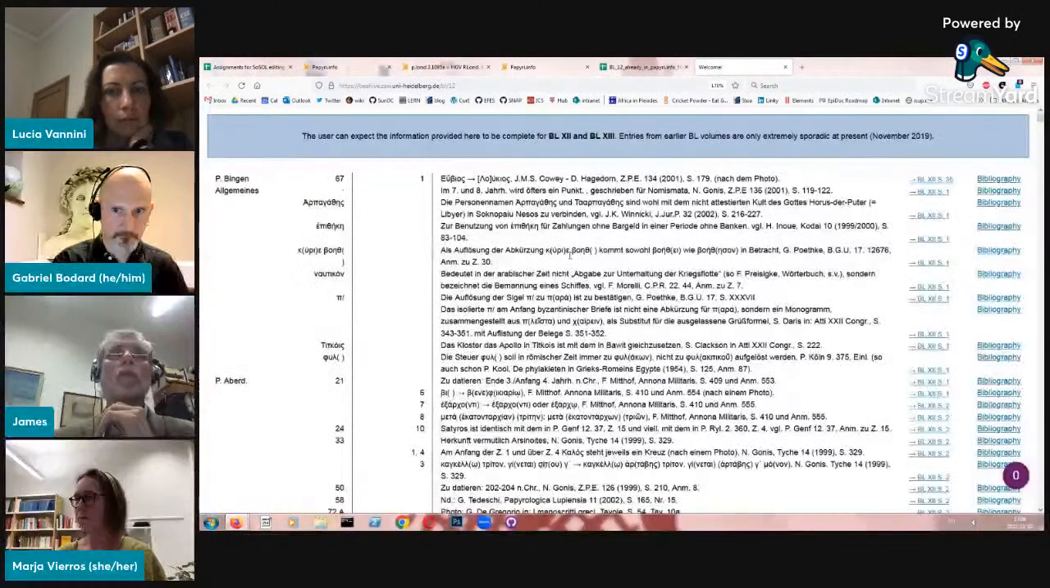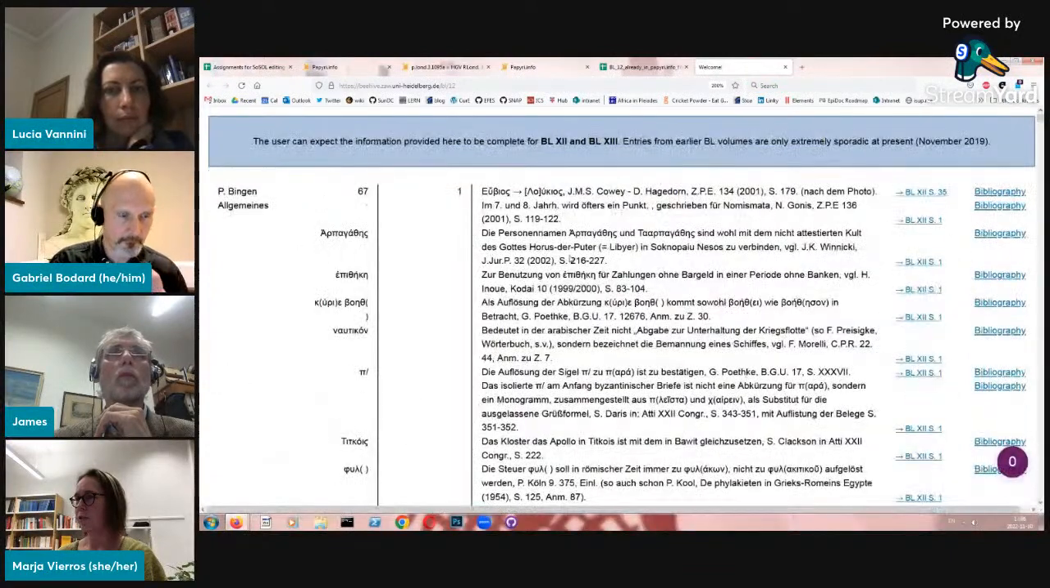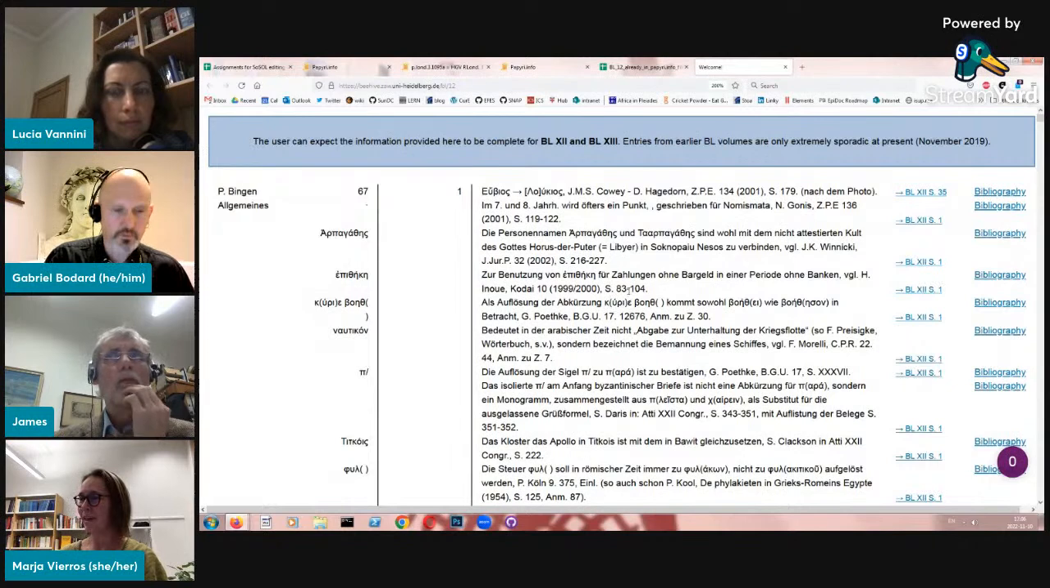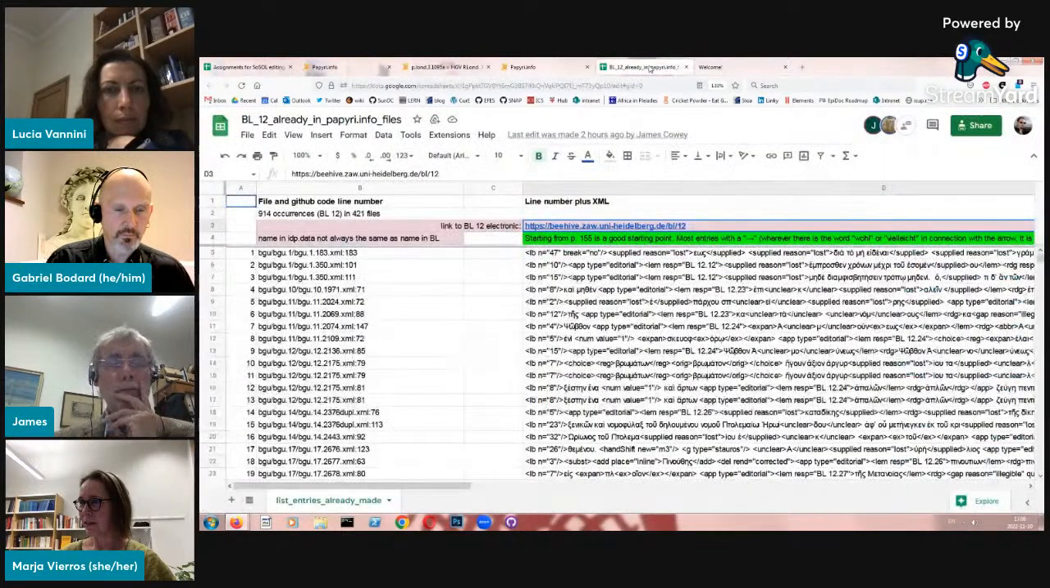So the entries in the BL are to be found there, and you can also use this for copying and pasting if you are making what you want inside your angle brackets. Cool. And the content in this spreadsheet, which is linked in the session page, are things that are already in